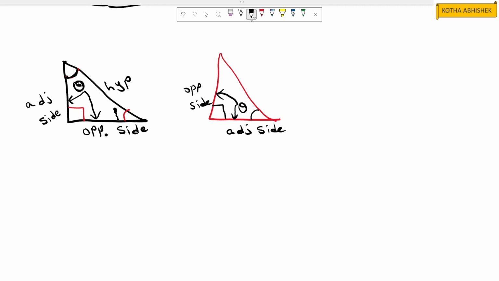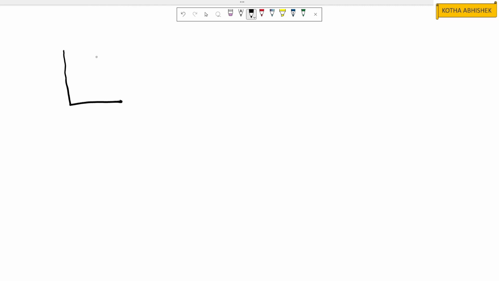Okay, now I hope you all got what exactly adjacent side, opposite side and hypotenuse are. Now let us jump into the problems. Before going to the problems, definitely you need to know all the formulas compulsory. One right angle triangle is given,